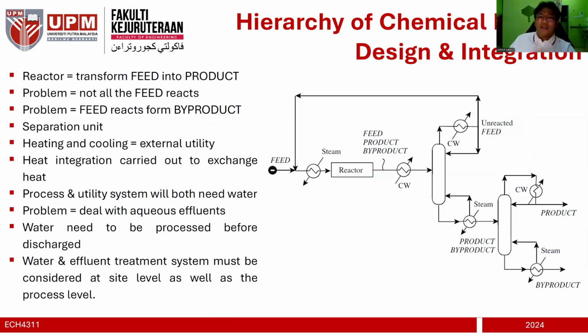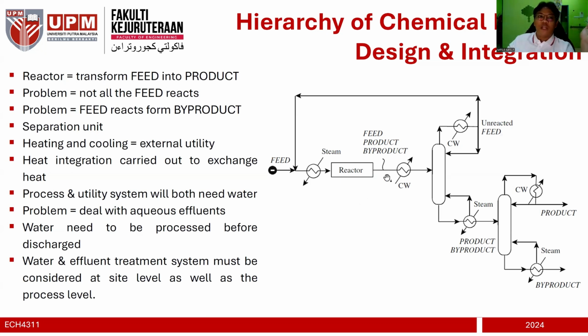All right, so these are still under process design. I know you probably have learned this, but it's good to refresh. Now, the heart of any process is a reactor because you want to transform the raw material into a product, right? So the issue with the reactor here is, if it's producing from A to B directly, with no byproduct and full conversion, then it's nice. But in most cases, the reactor transforms feed into product.